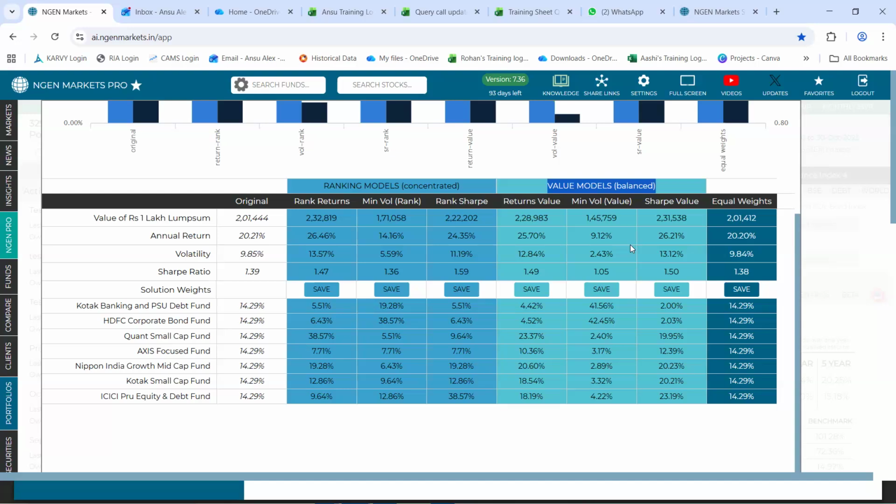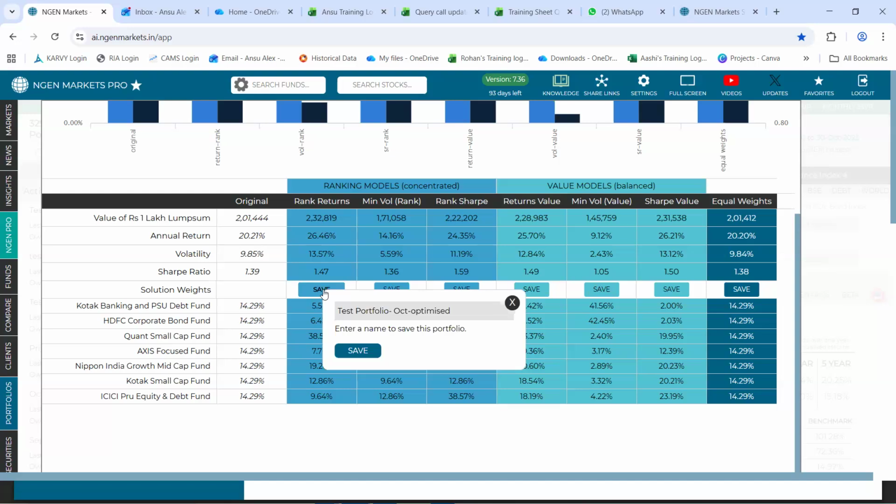And you also have an option to save any of these models. So let's say I have an aggressive client who is rather focused on increasing the returns, irrespective of the fact that the volatility could also be increased. So you can see the volatility, which was of 9.85, in this rank return maximization has increased. However, it is also compensated by the returns. Let's say I try to save this portfolio for one of my aggressive client. All you need to do is click on this save as an option, and you also have an option to rename the file as well.